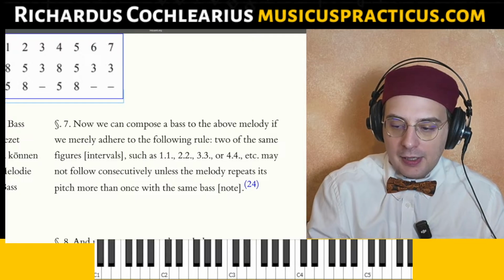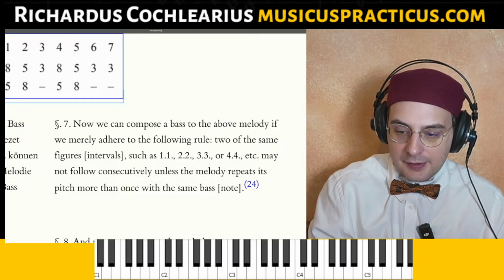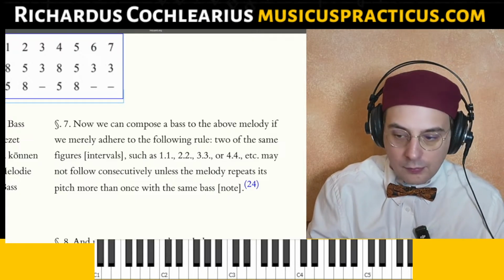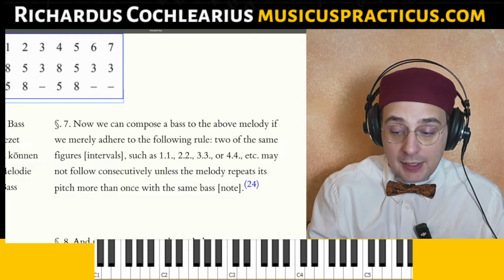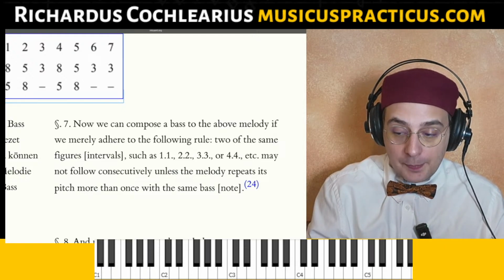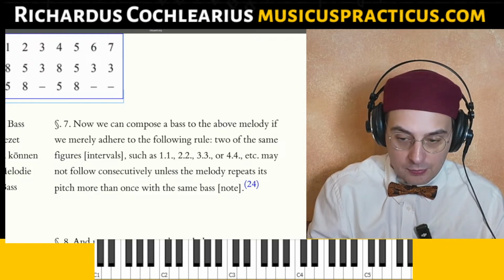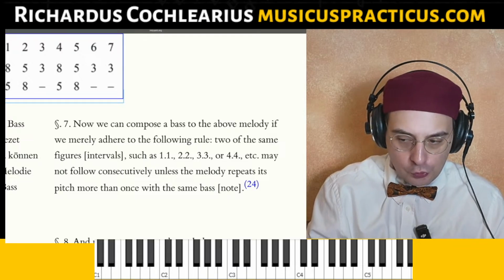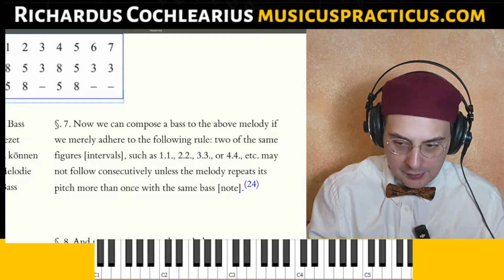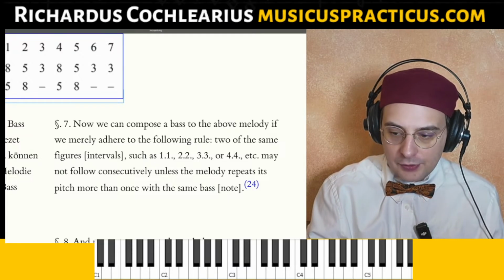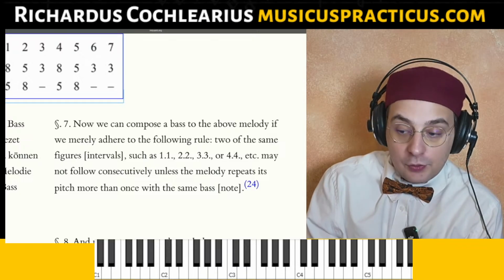So you can repeat the same intervals twice only if the melody repeats its pitch. So two of the same intervals, such as two unisons, two seconds, two thirds, two fourths,